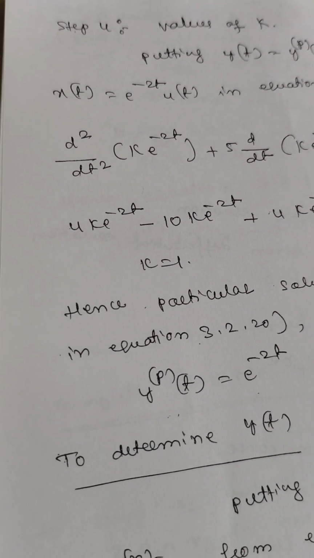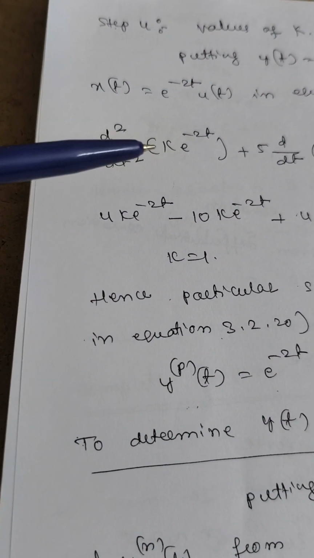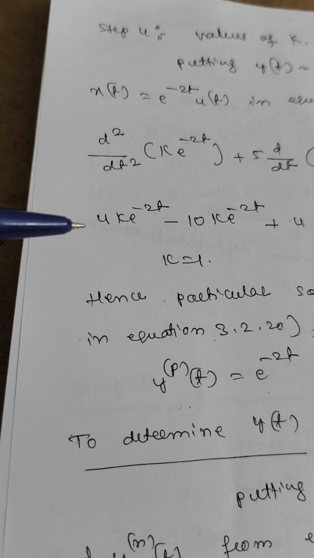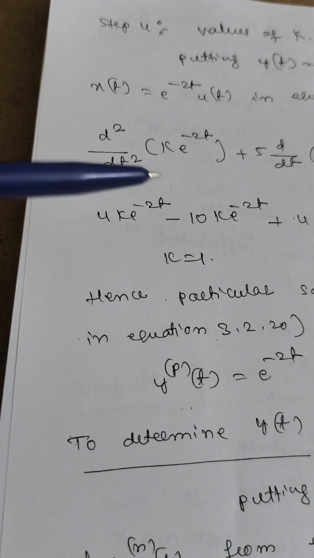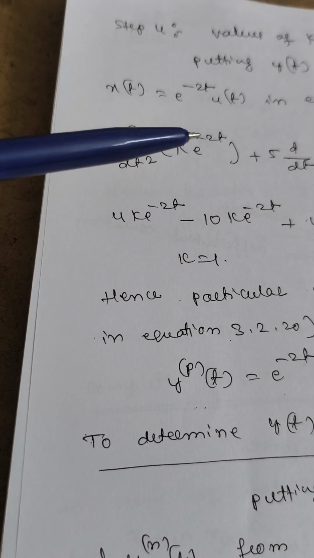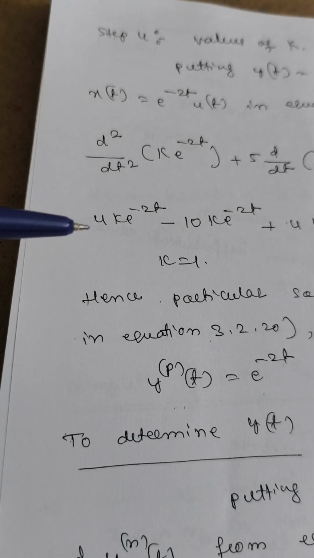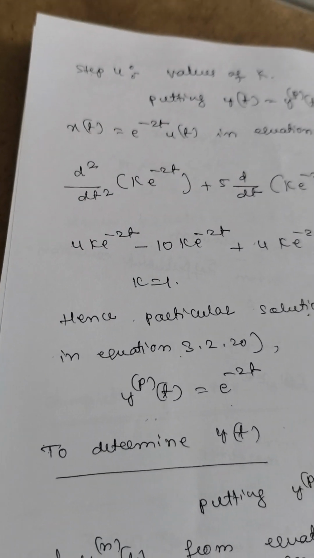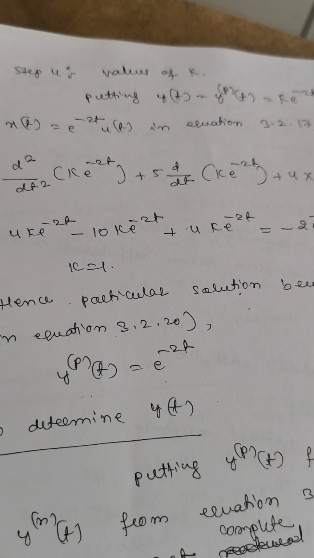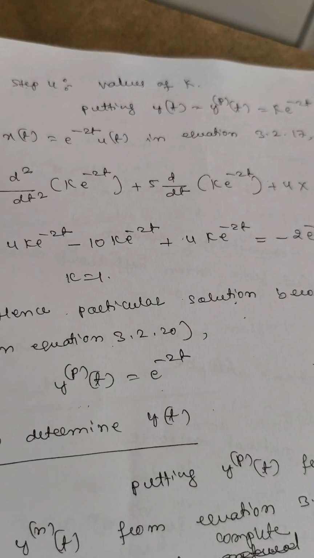In the first term, when we differentiate it, we get minus 2 k into e raised to minus 2t, but two times we have to differentiate this. Therefore it becomes minus, once again minus 2, it becomes plus 4 k into e raised to minus 2t, minus